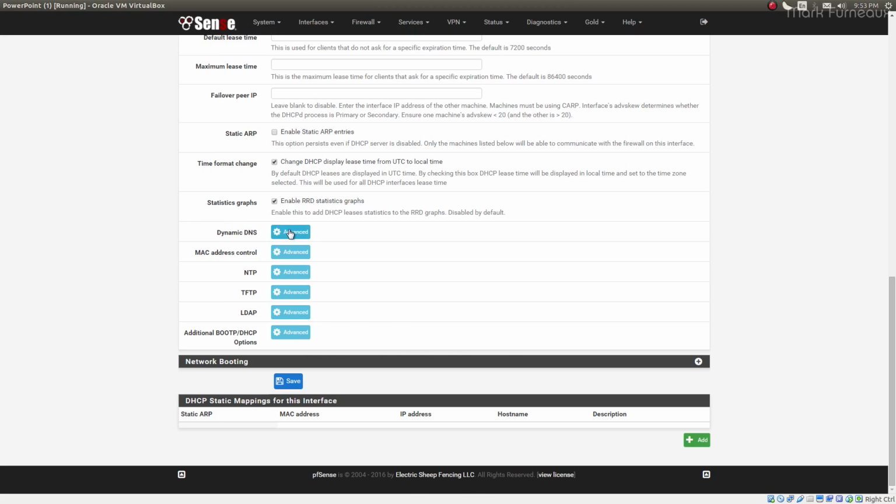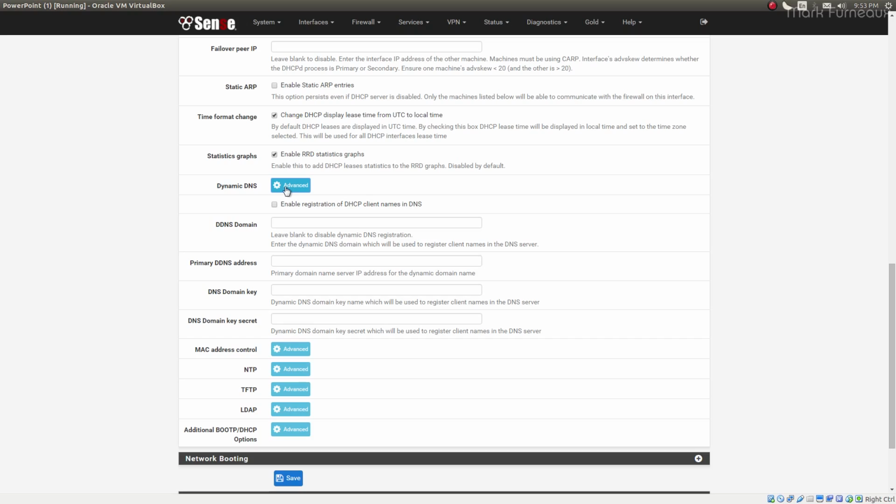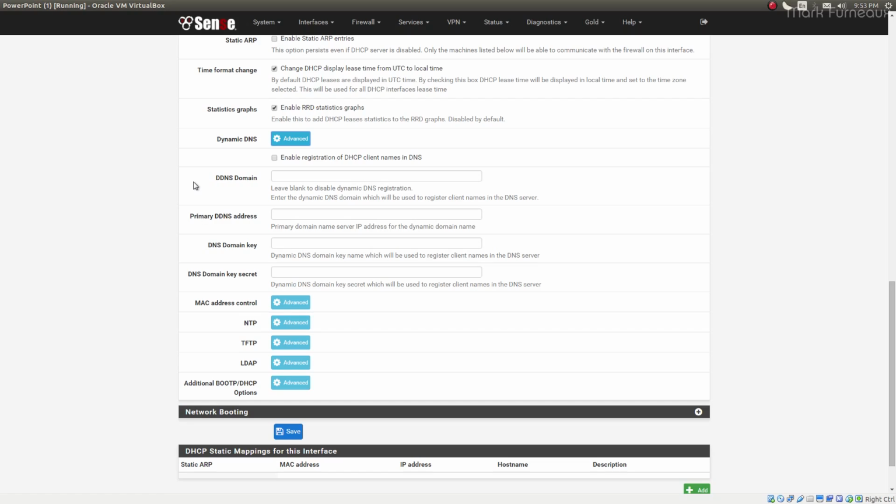So next we have dynamic DNS. This and the next options are listed as advanced options, and a couple of them I don't really think are that advanced. Dynamic DNS: if you have a dynamic DNS provider and you want to register not only the address of your pfSense box, but also your clients on your subnets with the dynamic DNS service provider as well,